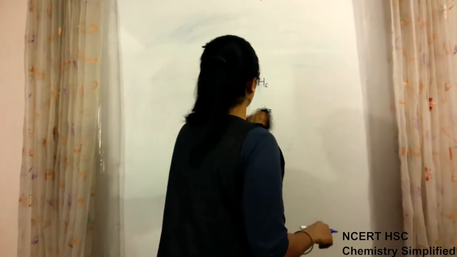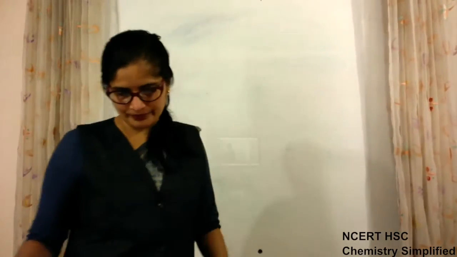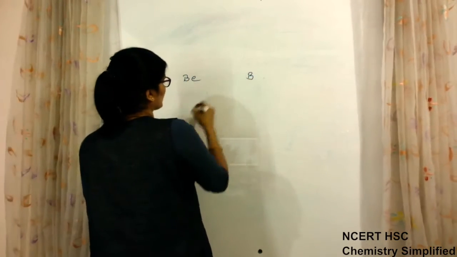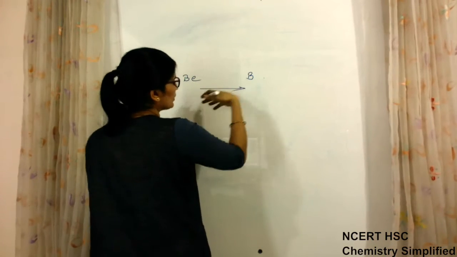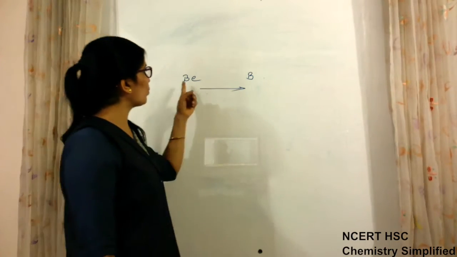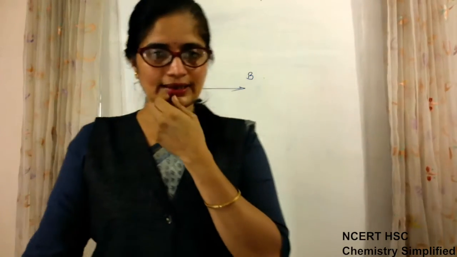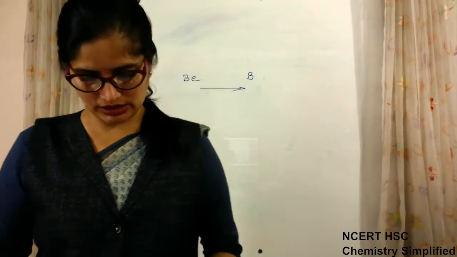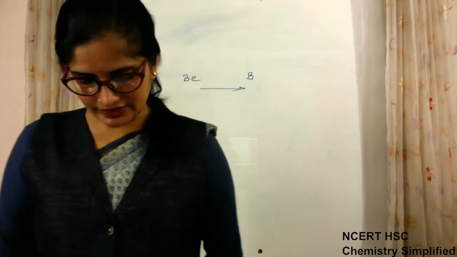Okay. So again the question which I had discussed with you, explain why beryllium has higher ionization enthalpy than boron. Beryllium is higher than boron. So beryllium comes before boron. Still, as we move, ionization enthalpy should increase, but it is more for beryllium than boron. Reason I told you, because of completely filled s orbital as well as more penetration effect of s electrons. Two reasons we had discussed.